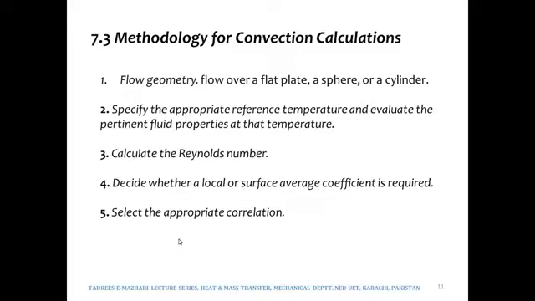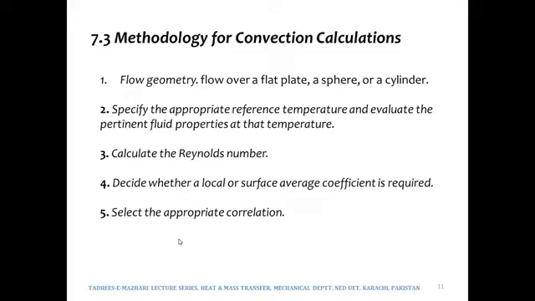This is very important, and this is in fact the main thing, right? As I was mentioning earlier, we do not need to remember all those expressions of Nusselt number by heart. Of course we cannot. So we would have the table available with us. All we need to do is to select the appropriate correlation as per the geometry, for example flat plate or cylinder or sphere, or as per the